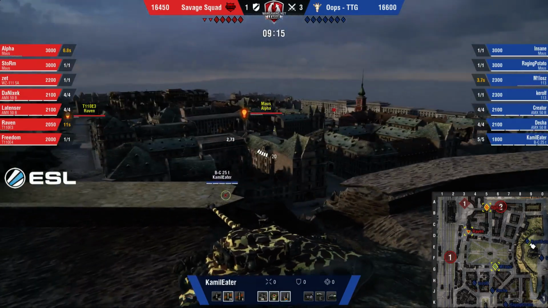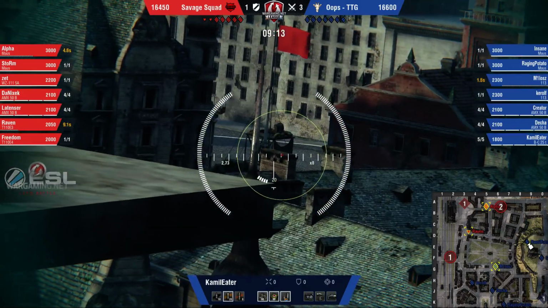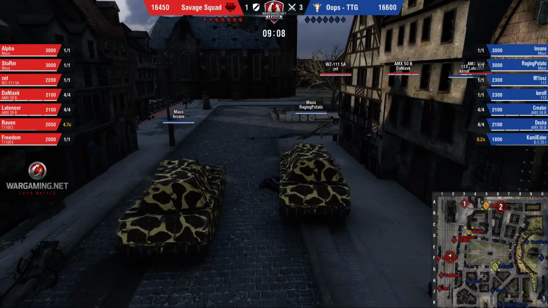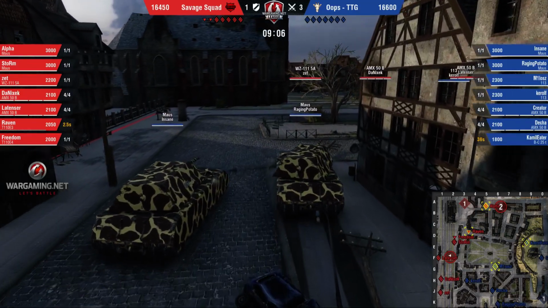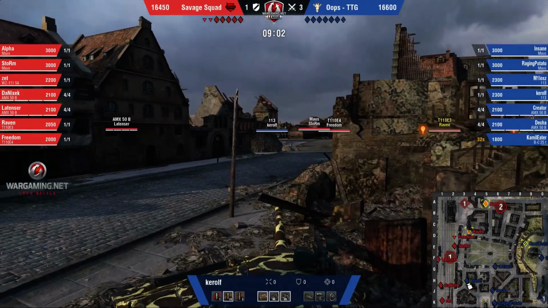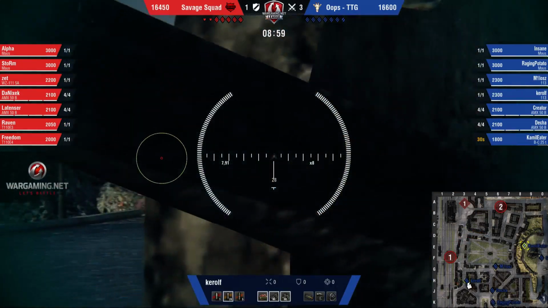Raven and Alpha are spotted out, and they shoot, but they don't connect with anyone, so Milos is safe for now. You can see the mouses here, Insane, Raging are just starting to move towards the south. Oops can do everything they want right now, but the thing is, Raven is in that position. You need to kind of push him back, because if he's there in that E3, you can't cross the 8